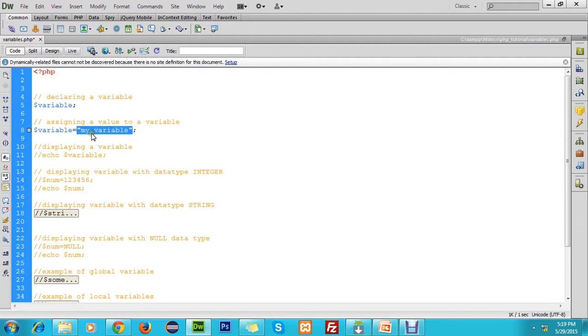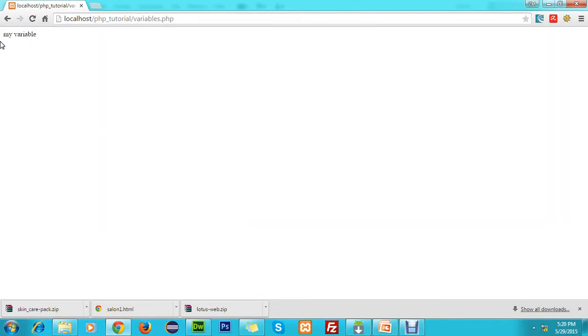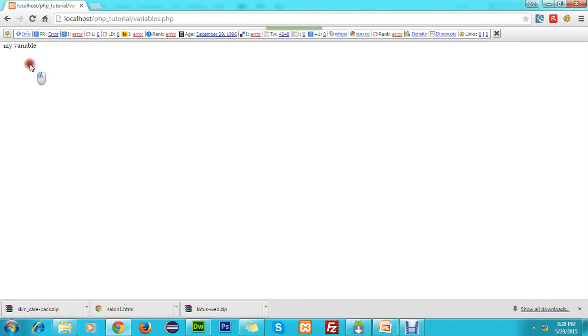So the string value is given to the variable, but still it is not going to give you any result unless we echo it. So now I'm saving and showing you the result. Here the result is simply printing: my simple variable. This is the result.